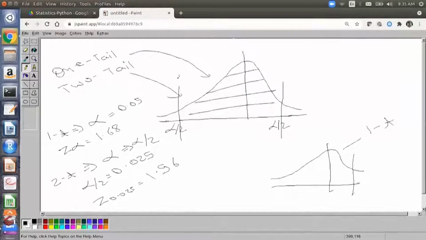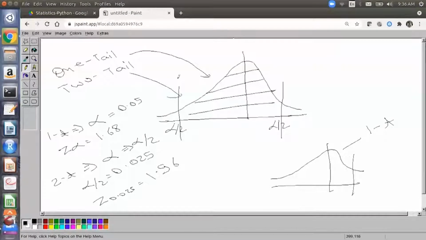Before Thursday, I cannot explain how we find out whether it is a two-tail or one-tail test. For now, whenever I say do the two-tail test, you will use alpha by 2 and the value 1.96. Whenever I say one-tail test, you will take the value 0.05 and do the analysis with 1.68. So till tomorrow's class, don't ask me what one-tail and two-tail are,